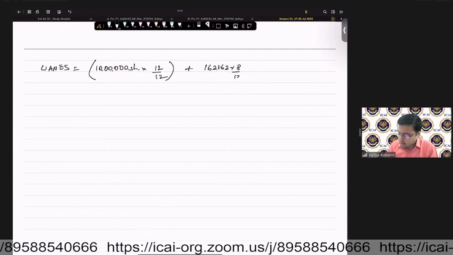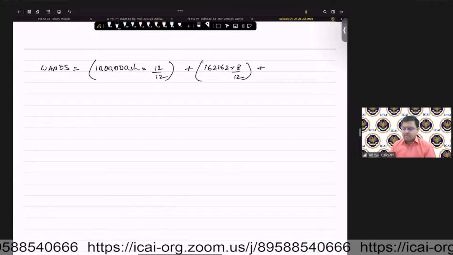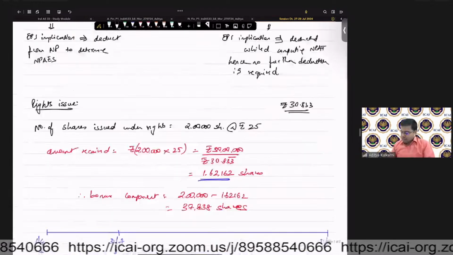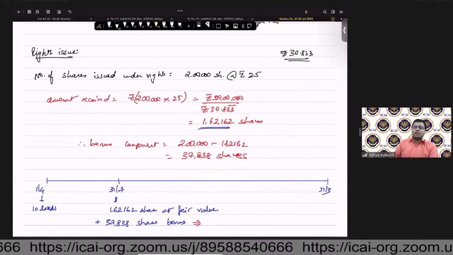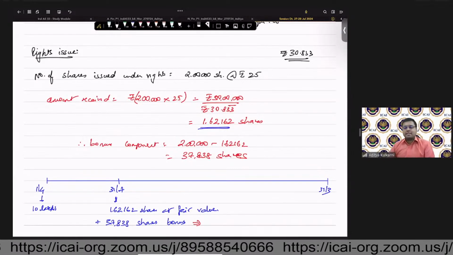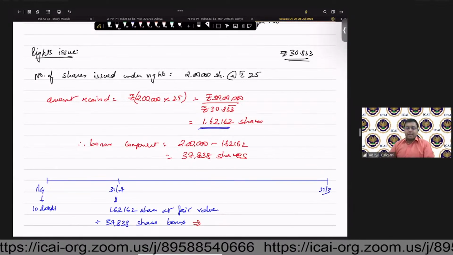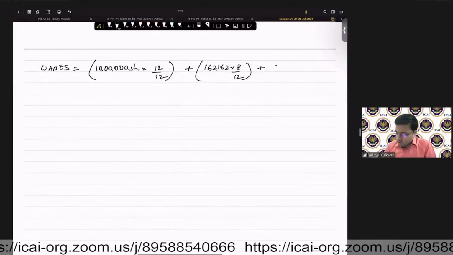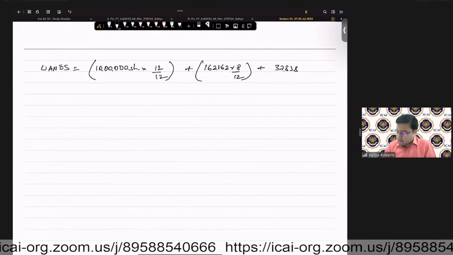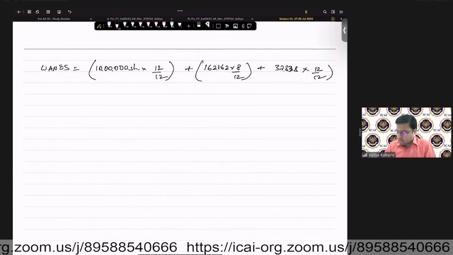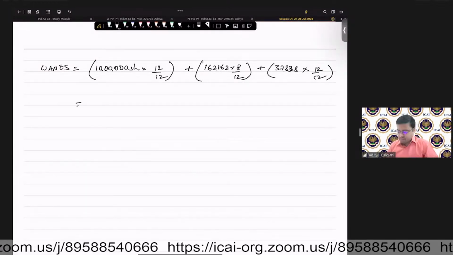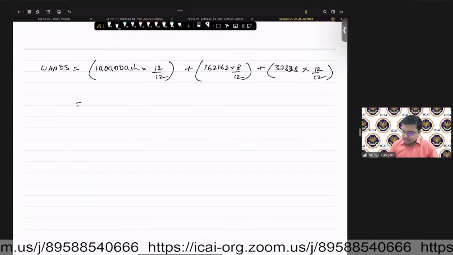162 into 8 by 12, plus 37,838 is the bonus component. This bonus component also is deemed to be in existence for the full year. So 37,838 into 12 by 12. So this comes to 10 lakhs